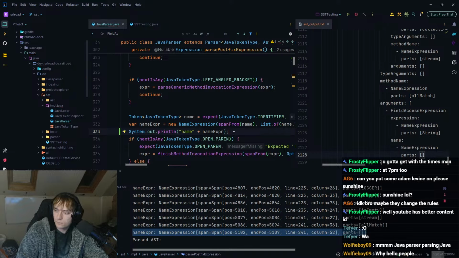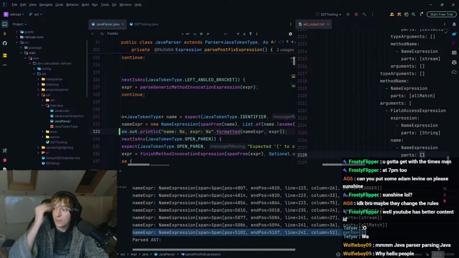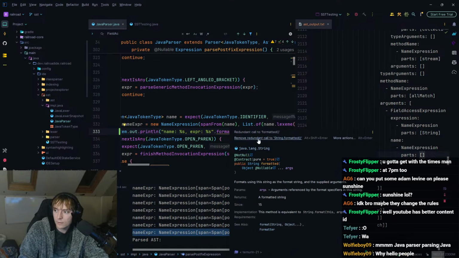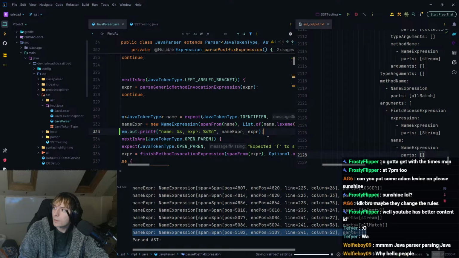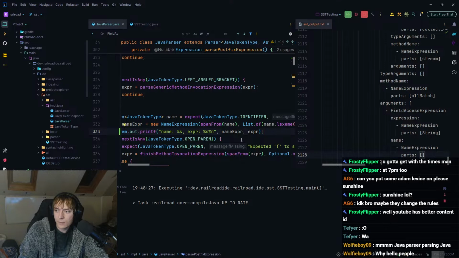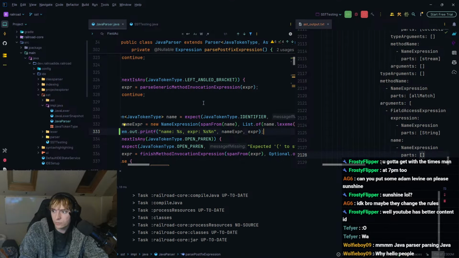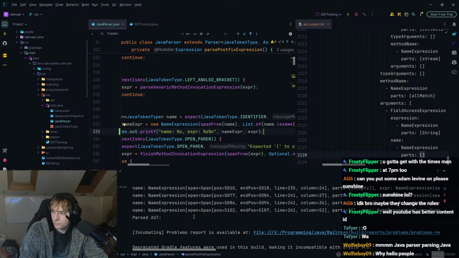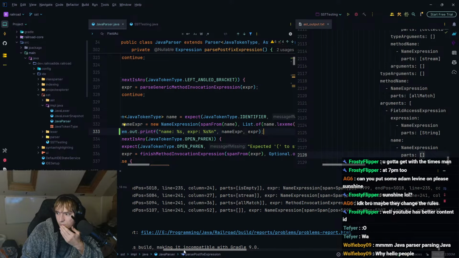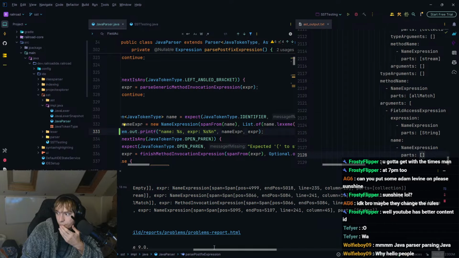Interesting. Okay, what we could do is sout name %s and expression %s. That'll tell us, to do printf, of course. And then that means that we can see what the expression is, which is a name expression of string.